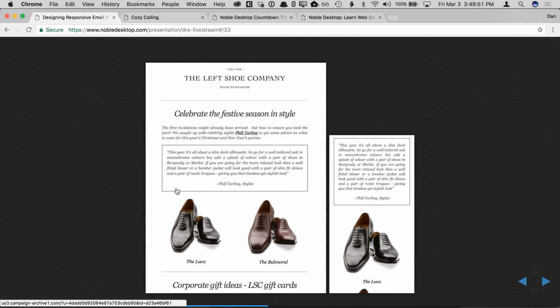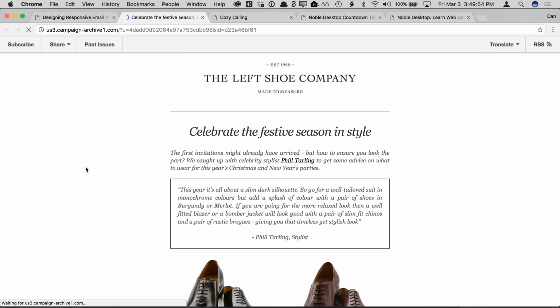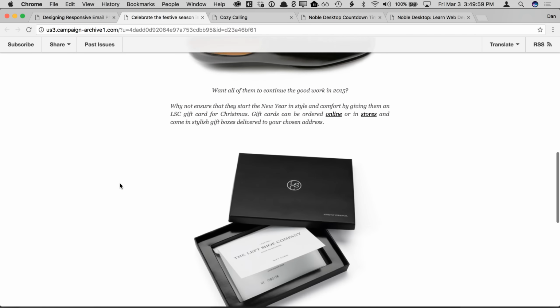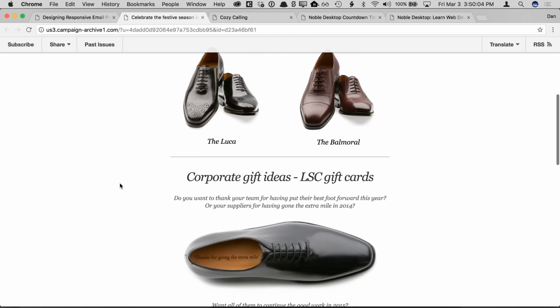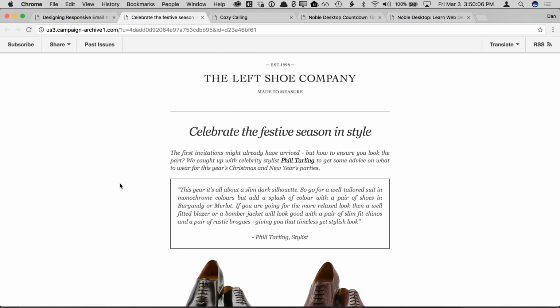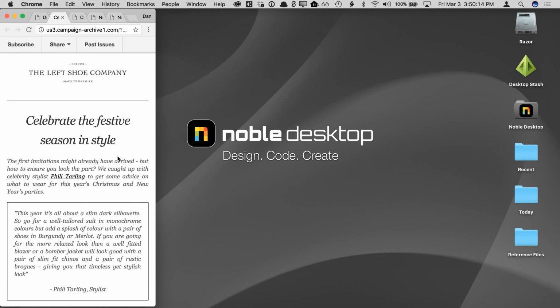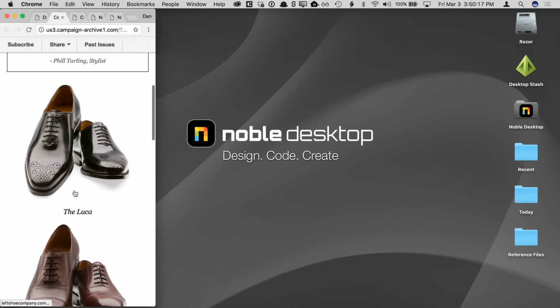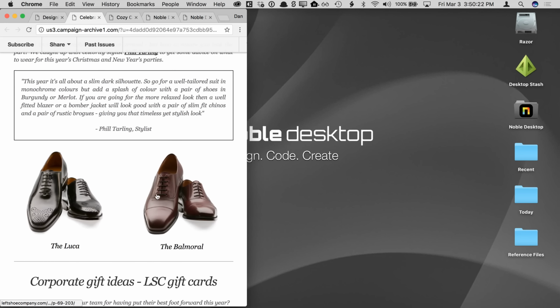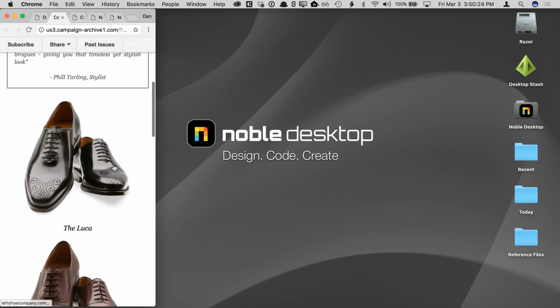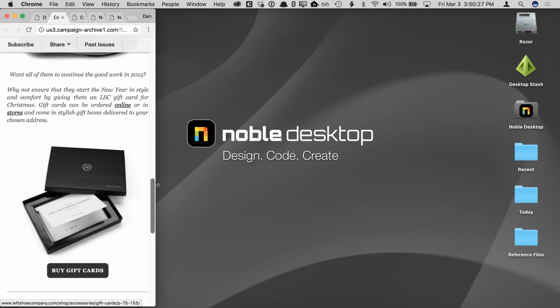Here's another one. I really like the look and feel of this particular email because it's not your typical email. It's very clean, very nice design, lots of nice white space. Kind of has a traditional-ish feel, but yet still feels very modern. So they kind of kept that. We're current, but classic. And so the shoes are nice and big on a mobile device. And when we're on a larger screen, they're next to each other, but on small screens, they're stacking on top of each other. So it's just high quality images,